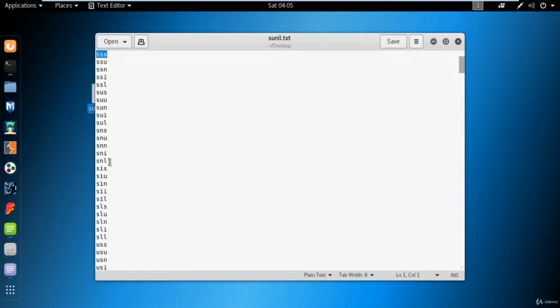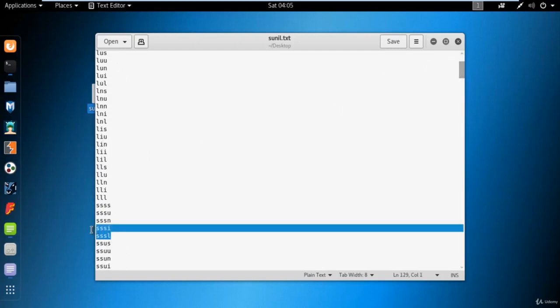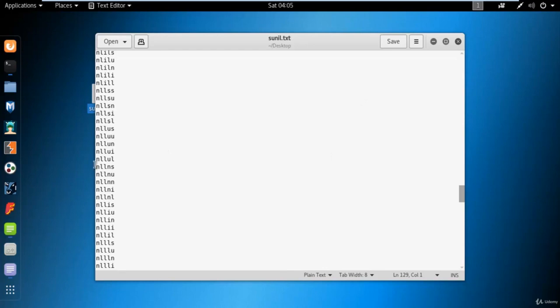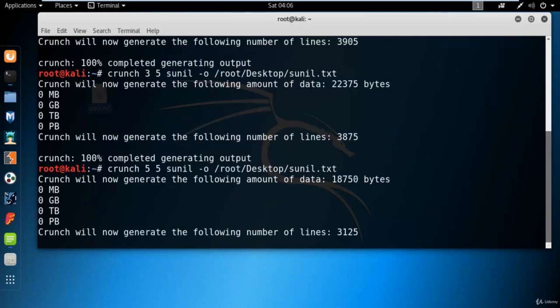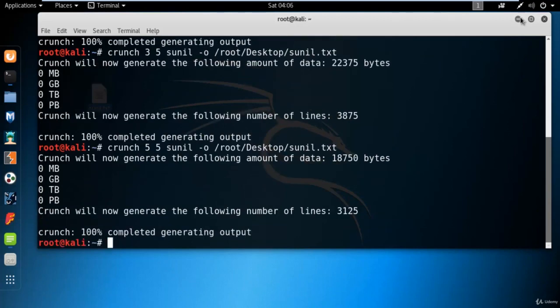It is taking 3 characters, and then if you come down, it is taking 4 characters, and then if you come down, it is taking 5 characters. So there is no place for single and double characters here, right? And if you want, you can skip the 3rd characters. If you want all kinds of 5 characters only, that you want to skip single, double, triple and 4 characters, you can hit enter. So there will be only 5 characters inside that.